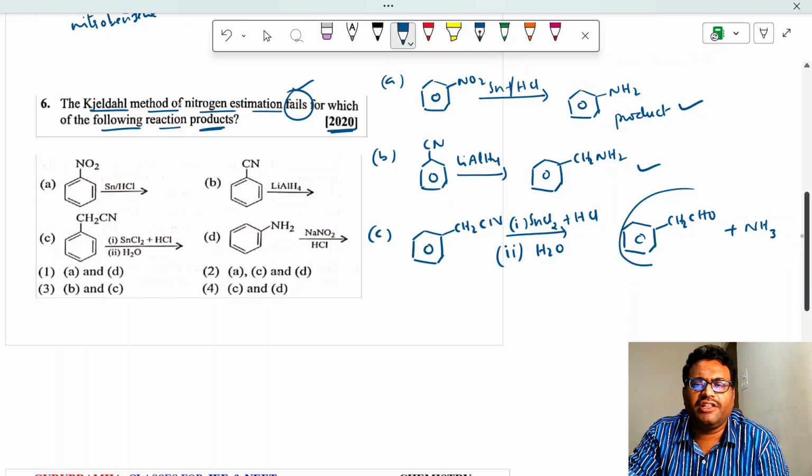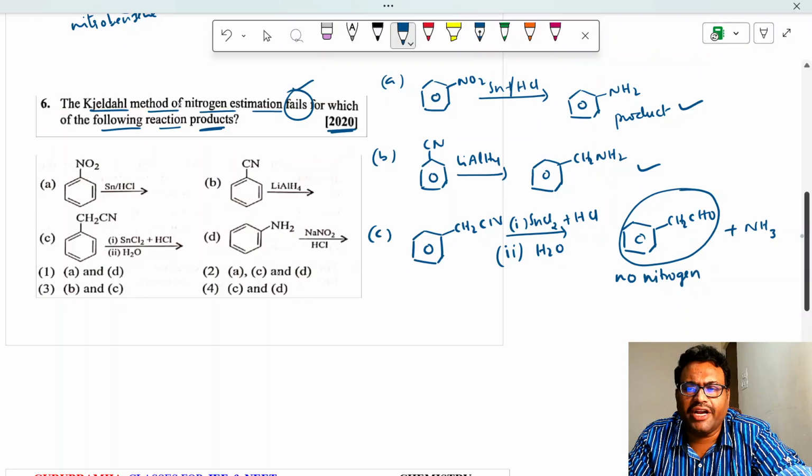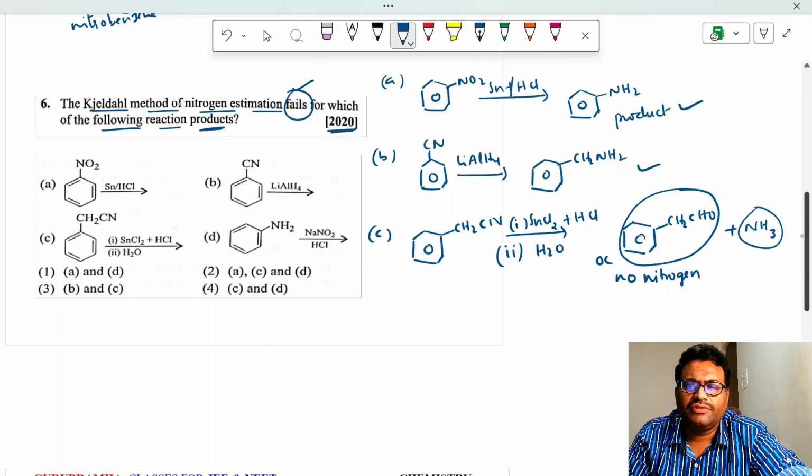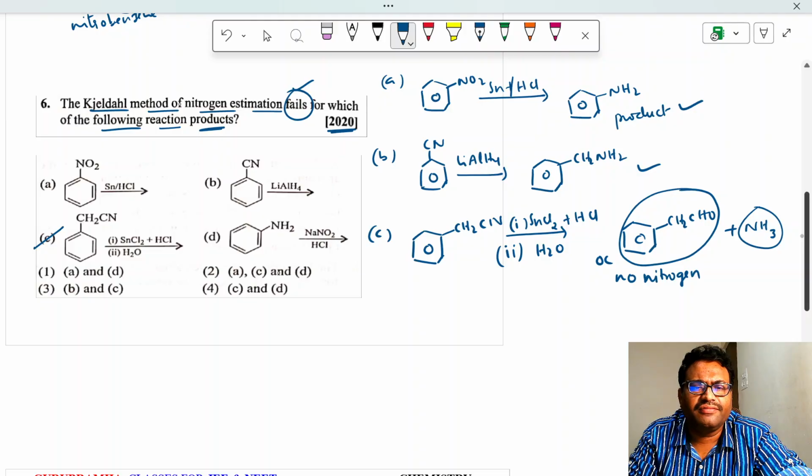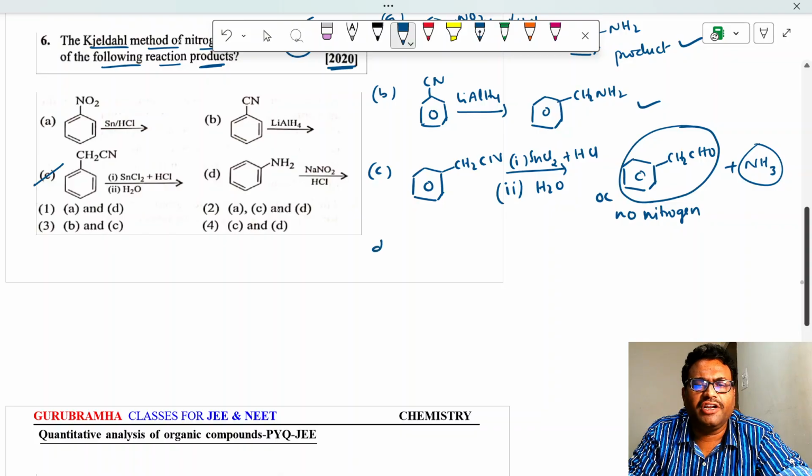So in this product, is there nitrogen? No nitrogen. So nitrogen is not present here. In this organic compound, is nitrogen present? No nitrogen. So this product of this third reaction does not contain nitrogen, so you cannot estimate nitrogen. And in the fourth one, D, you see,